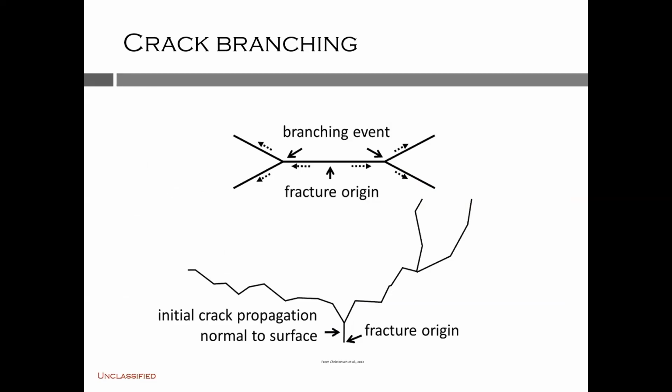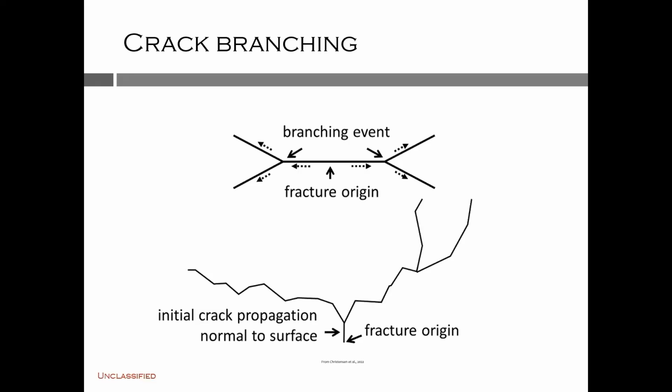As fracture speed increases from the origin, the crack may reach terminal velocity and split into two cracks, or branch, in order to dissipate the strain energy. Branching patterns can be an aid in determining the fracture origin. For example, a pair of branches in opposite directions typically bracket the fracture origin, as shown here in the top